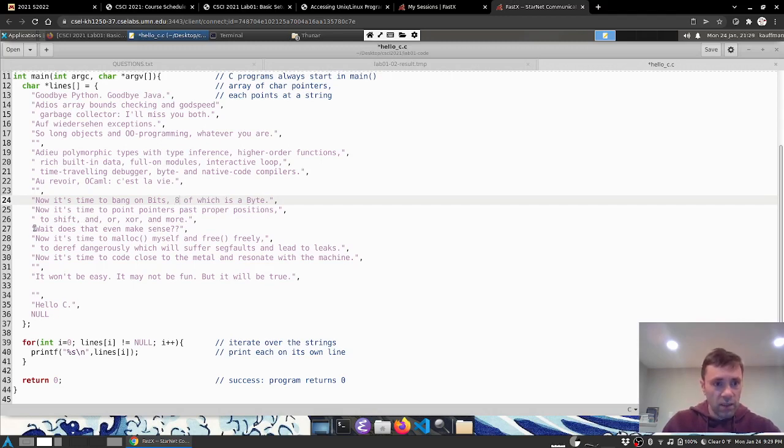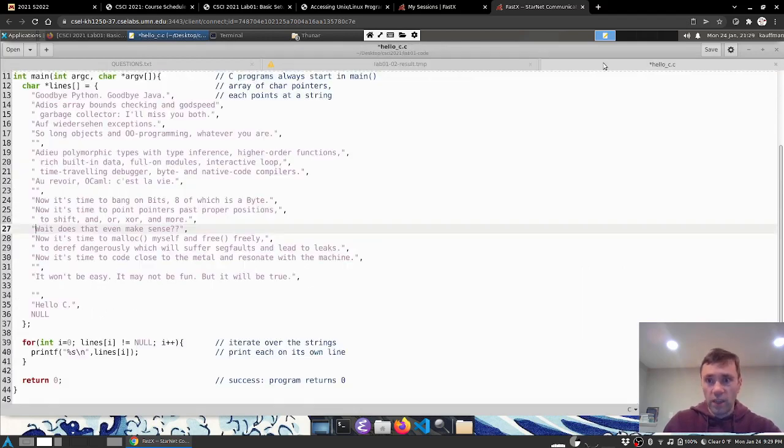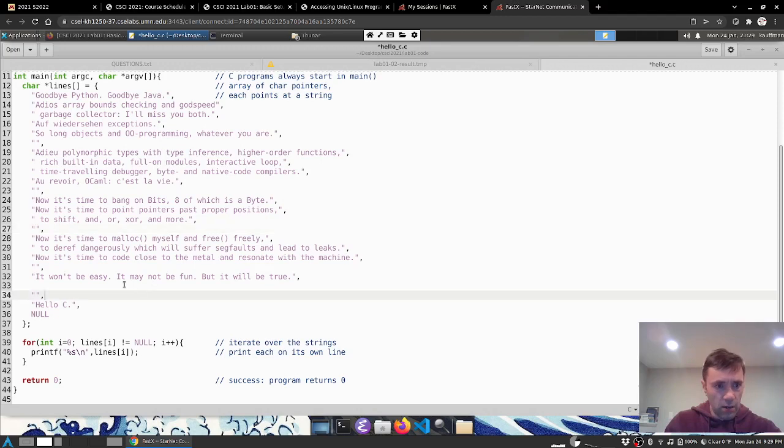Wait, does that even make sense? I believe that was a line we were attempting to eliminate. It appears over here, but does not appear in the output here, or the expected output. So let me grab this stuff and nix that. So let's print a blank line there. And then we're missing a line here and there's sort of an obvious gap of, okay, what's supposed to